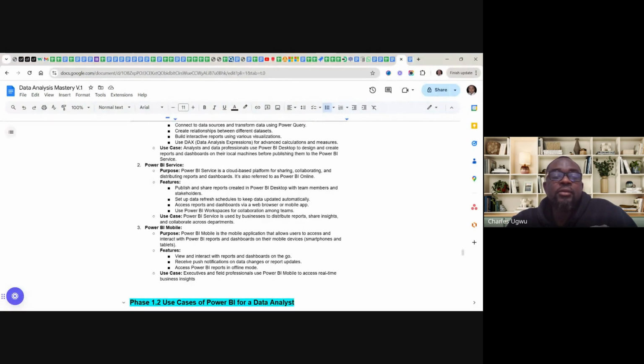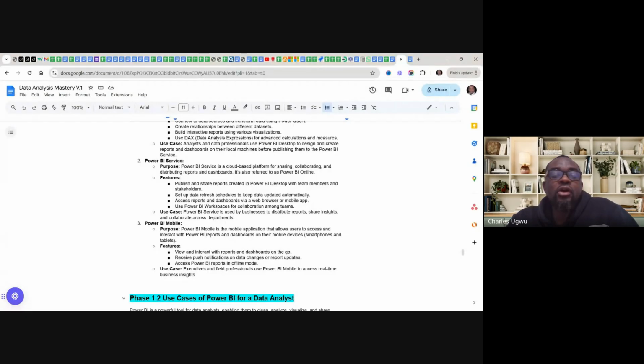And we have what we call Power BI Mobile. Purpose: Power BI Mobile is the mobile application that allows users to access and interact with Power BI reports and dashboards on their mobile devices, smartphones and tablets.